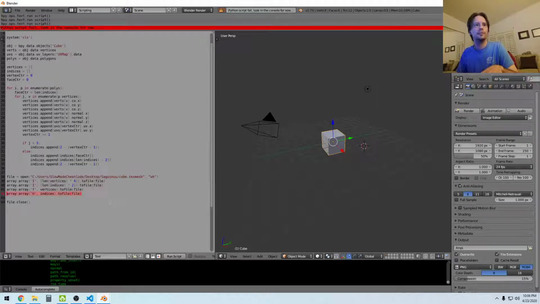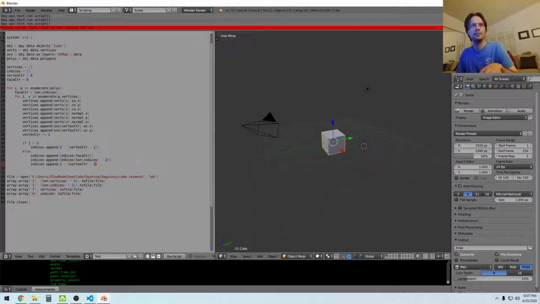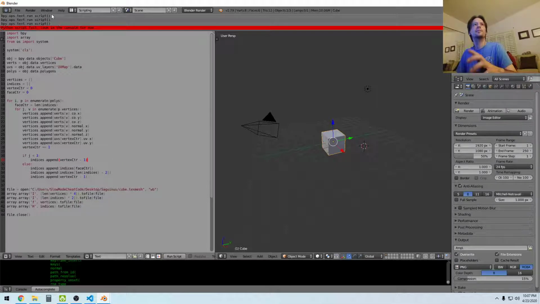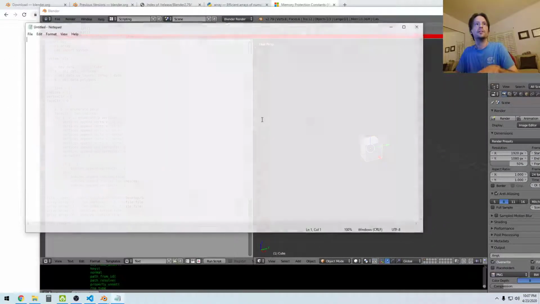I doubt that's going to work. Unsigned short is less than minimum. Okay, yeah, I don't think that's right. But you know what? Since I got the script here, I'm going to copy all this into Notepad for now,